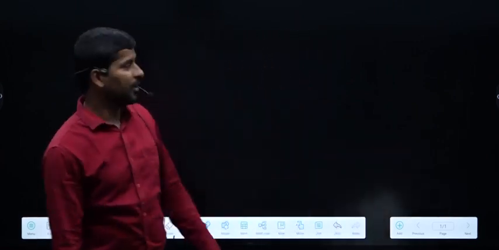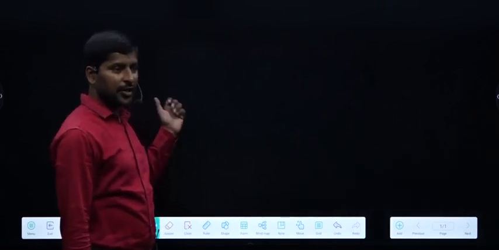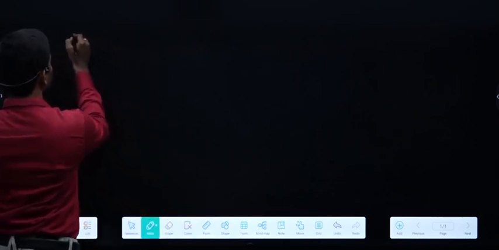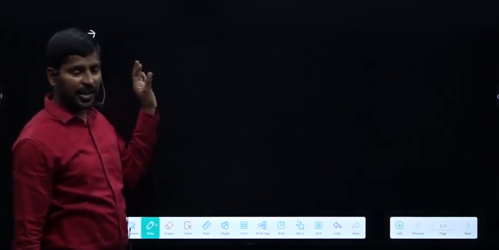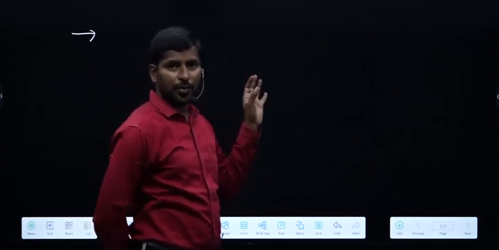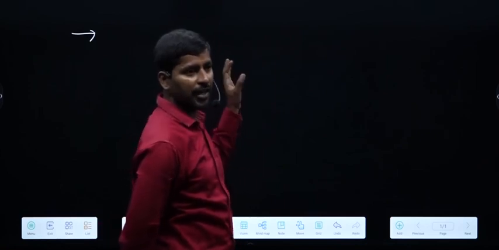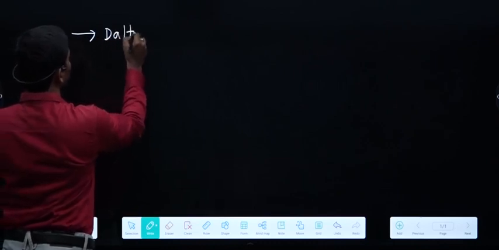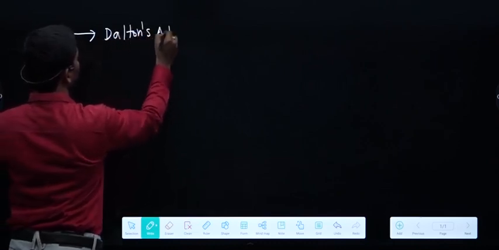Okay, hi everyone. Now we discuss atomic structure, a quick revision, some important points from atomic structure. We know atomic structure deals with the arrangement of various particles in an atom. What is the constitution of an atom? What are the various particles present in an atom and how are they arranged? That we'll discuss. So first, if you see Dalton's atomic theory, according to Dalton's atomic theory, we know if